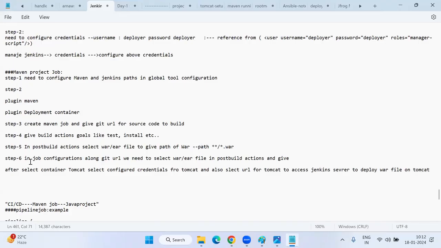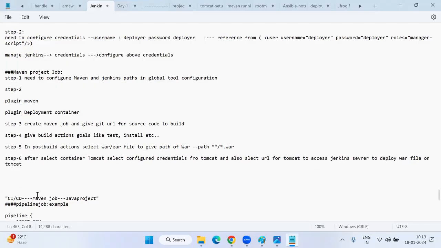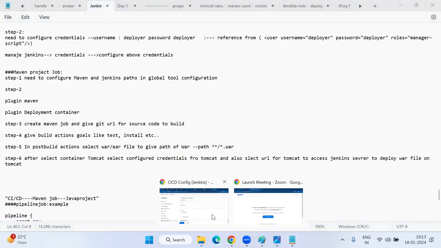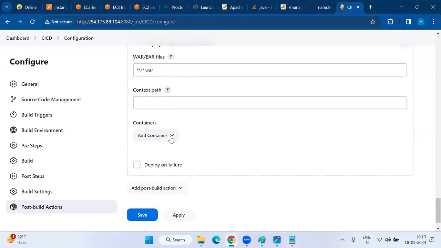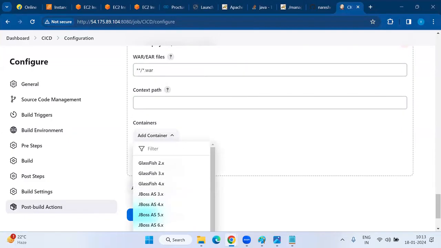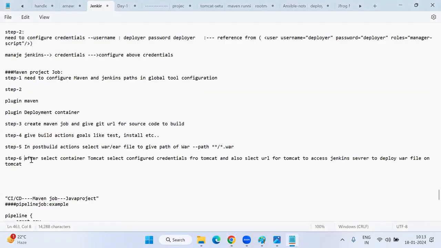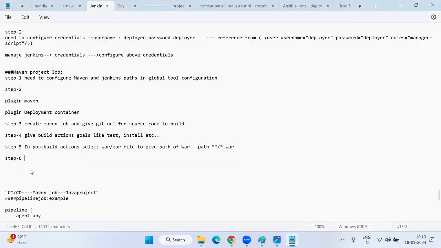Like this way. Okay, let me remove the step 6. The step 6 here, after selection. Okay, step 6 is what here? Now the path I have given, right? Now I need to add container, right? So we need to add container. In step 6, we need to